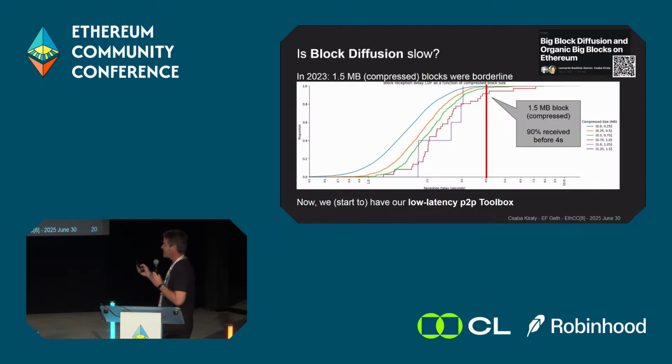And actually, it was before that, when we wanted to add them. This was still with normal blocks. And we wanted to see kind of how fast they are spreading in the network. And so the curves are different size categories: small blocks, medium blocks, large blocks, up to 1.5 megabyte compressed. And what you see is the timeline up to 4 seconds and below, after. And you see that kind of with the 1.4 megabyte blocks, the system started to have some issues. Below that, everything is working in time.